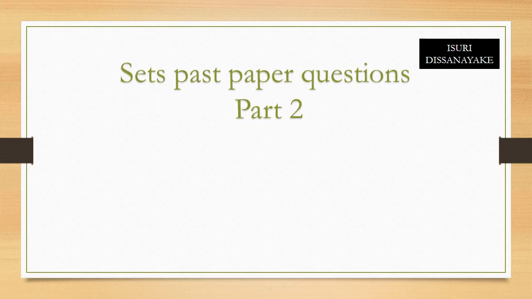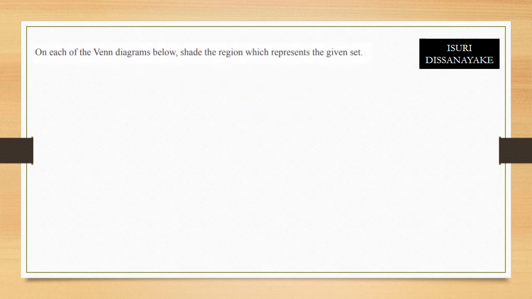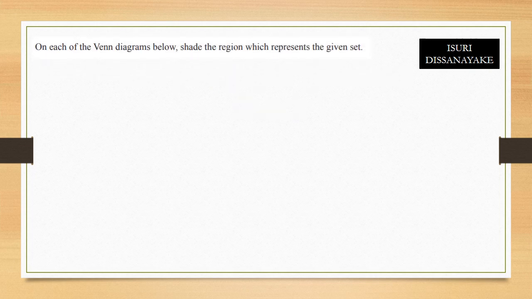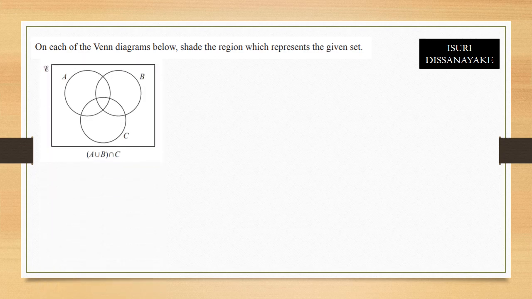Sets, past paper questions, part 2. So in this question, you have to shade the regions. They want you to shade A union B, intersect with C. So firstly, all in A and all in B, you select the region and it needs to be common with C. So all in A and all in B, that is